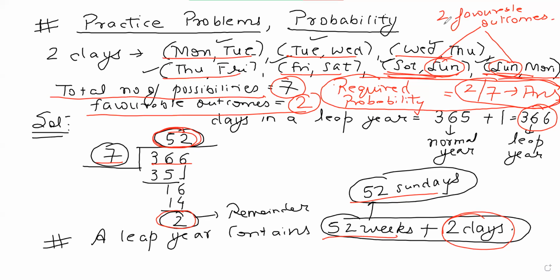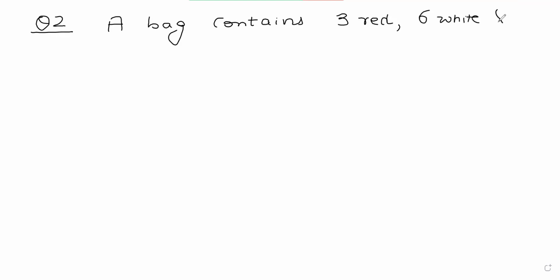So let's now look at the second question. Question number 2. A bag contains 3 red, 6 white, and 7 blue balls. What is the probability